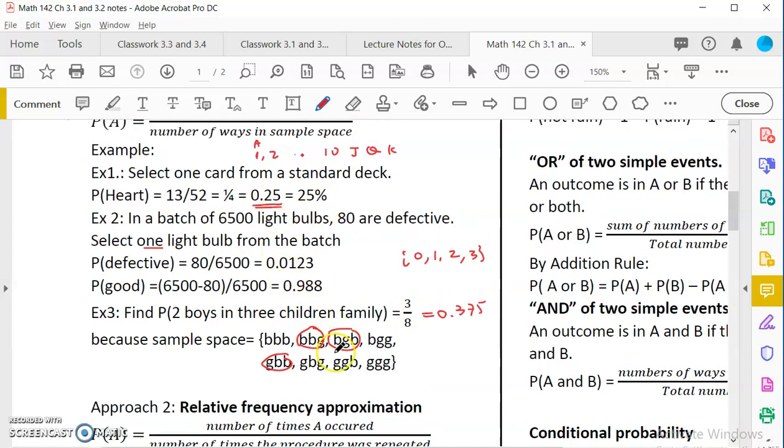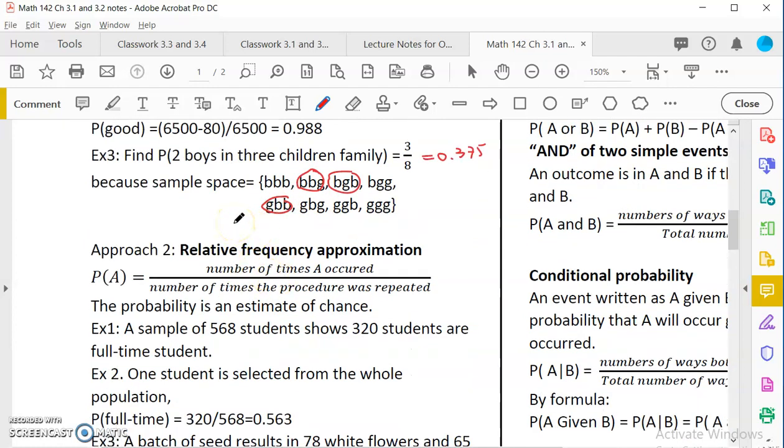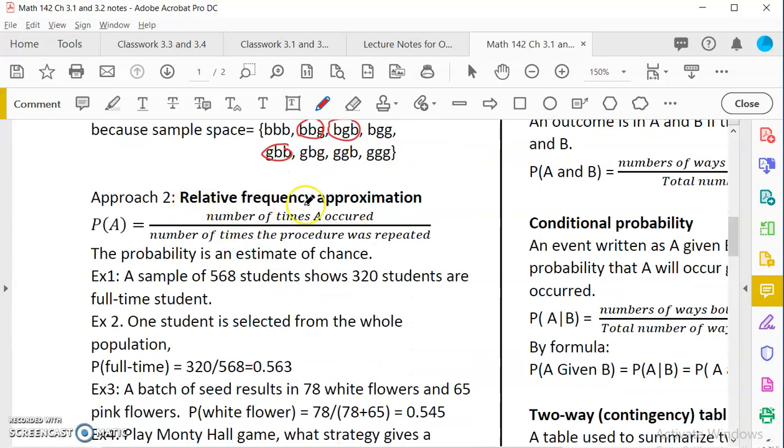So these are analyzing the number of possible outcomes versus your outcome. This is a simple one, so it's very easy to analyze. Sometimes it is not possible to write all these possible equally likely events in the sample space. So we'll use something called relative frequency approximation. In chapters 1 and 2, you came across what is called relative frequency. Relative frequency is counting something that matches what you want to count, a category or a particular class, over the total. So it's the same idea.